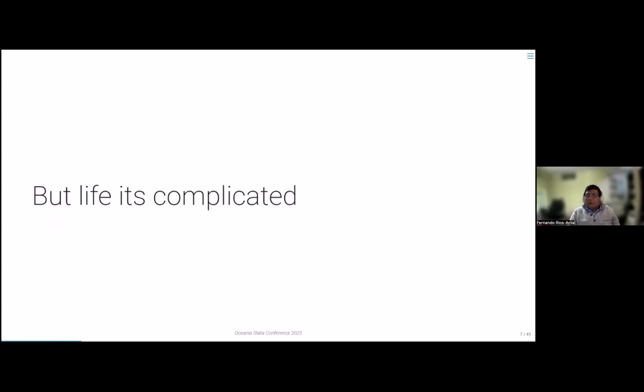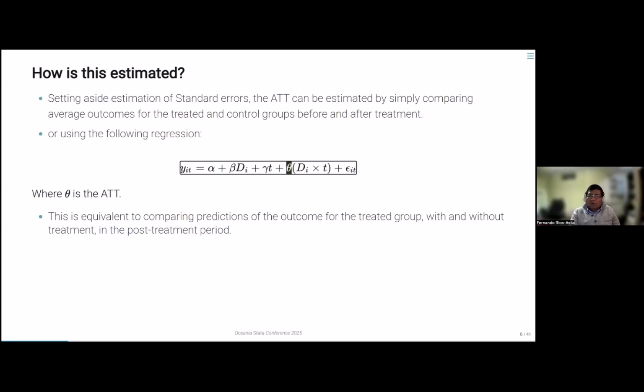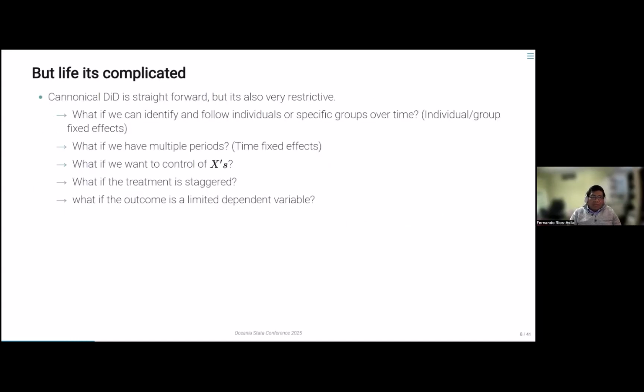Of course, life is complicated. This canonical example where you have two periods and two groups doesn't always happen. We have situations that are much more complicated. For example, we may have not only a few groups, but a number of groups, individuals or groups that could be followed across time. You may also have access to multiple periods. You may want to control for characteristics because you're interested in other covariates that could be explaining the outcome,